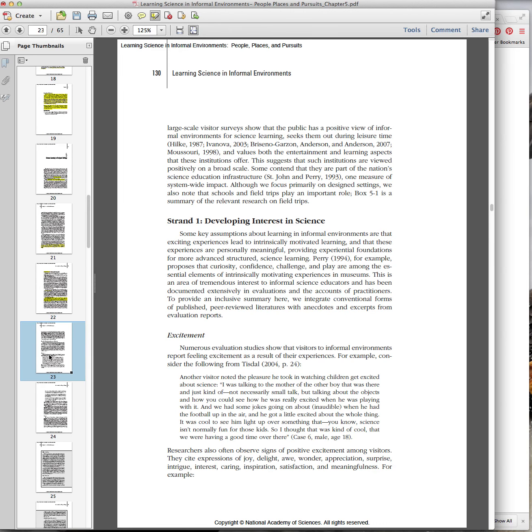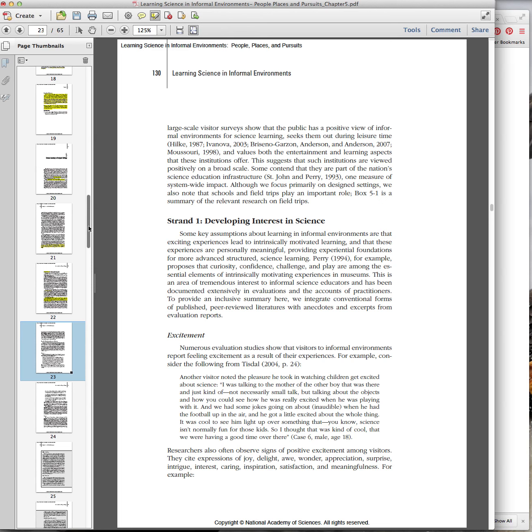Okay, so here we are back at strand 1. You will already have your summary of the strands from back on, where was that page? In the summary introduction part, right, on page 4, you will have that list of the strands in front of you that you can look at. So you're defining what is strand 1 before you start reading about it. Okay, as you go through here,